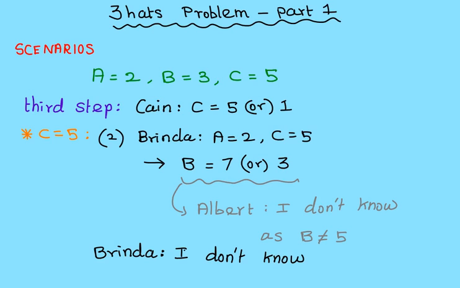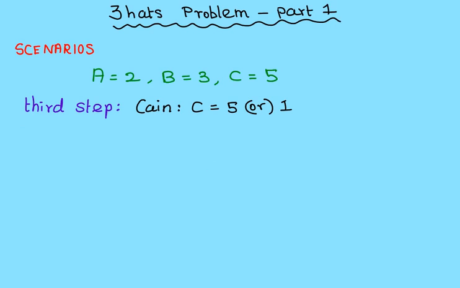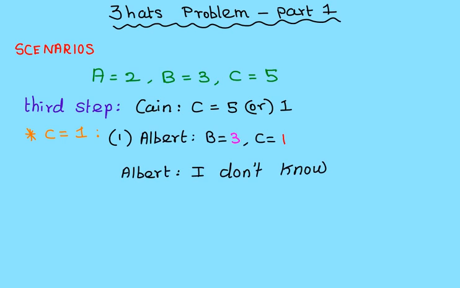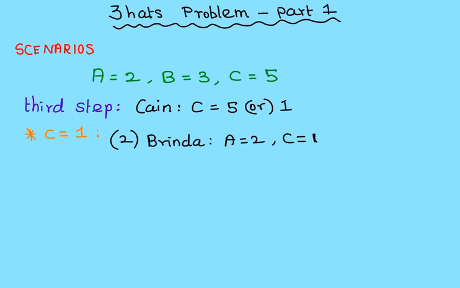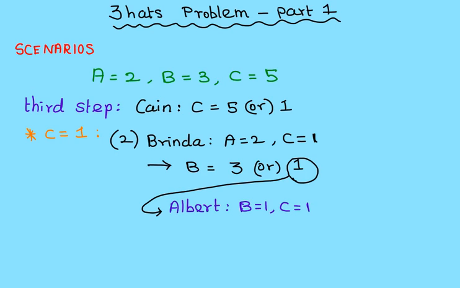So Cain considers the second case. What if his number is 1? Then in the first step, Albert would have seen b equal to 3 and c equal to 1. As the numbers were different, Albert would have said, I don't know. In the second step, Brinda would have seen a equal to 2 and c equal to 1. So Brinda would have guessed her number to be either 2 plus 1 or 2 minus 1, that is 3 or 1. But if her number was 1, in the first step itself, Albert would have seen b equal to